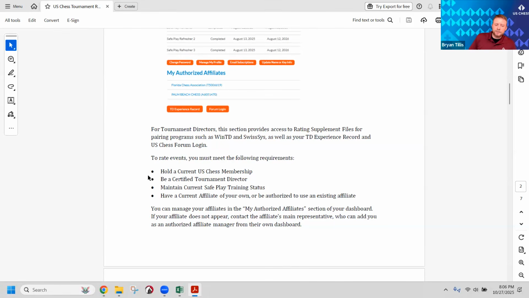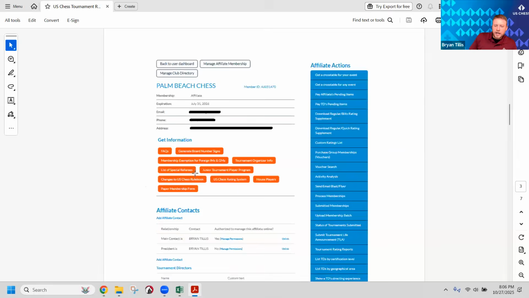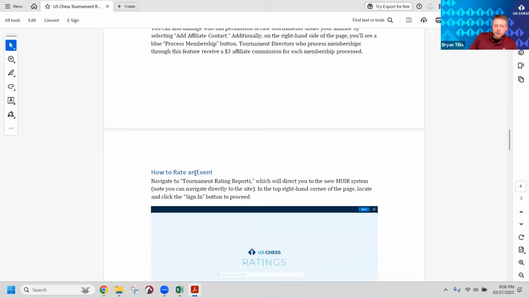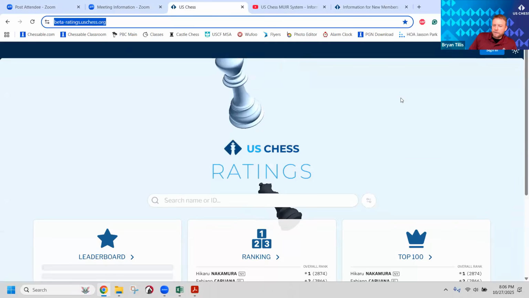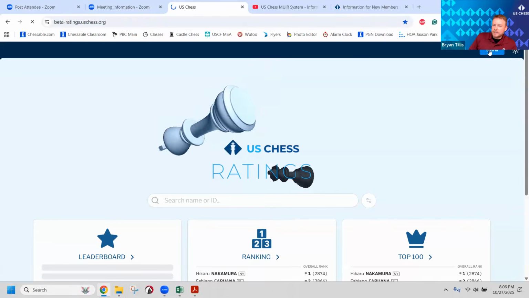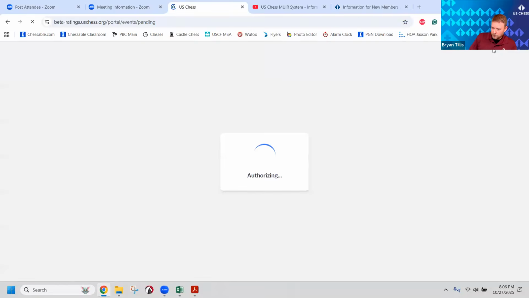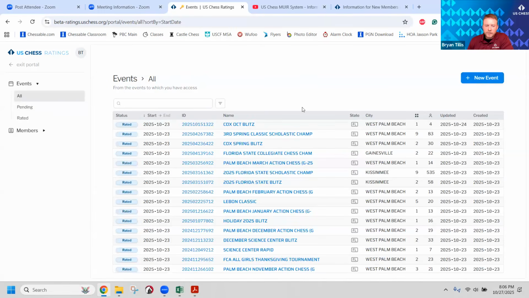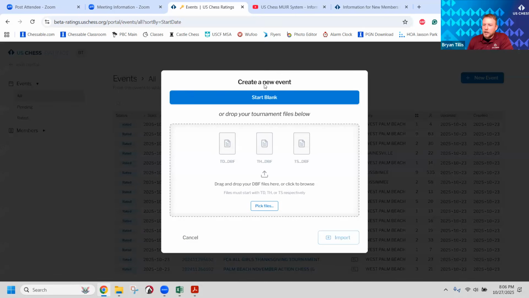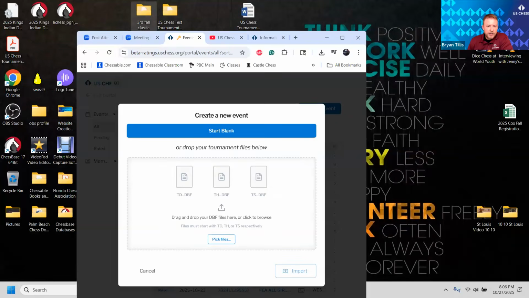So once you've got those steps, we're going to head over to the new system. And the first step, I'm going to sign in, and it's going to use the same login credentials as my membership page. Now let's go through the process of creating a new event. So when I click all, this is going to list my previous events that have been rated. So when I click new event,